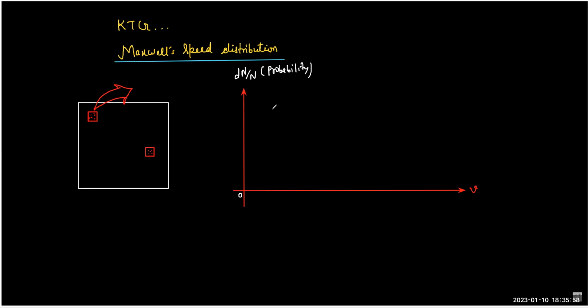So the very small velocity is also possible, very high velocity is also possible within the same volume, because the number of molecules is roughly infinite, and therefore it's a continuous probability distribution graph. And if you plot the graph of fraction of molecule,